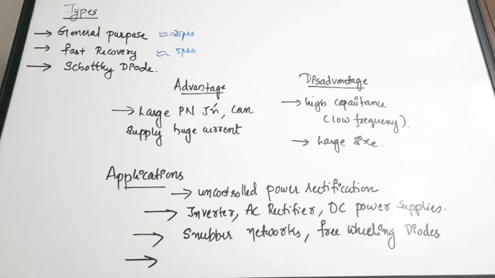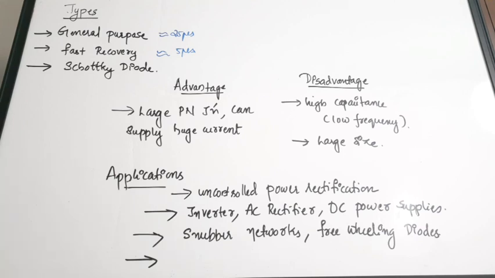So this recovery time, or the reverse recovery, is one of the important features while choosing or selecting diodes. If you are selecting a diode for a particular application, then you should look into the recovery time of that particular diode. If you want a very quick recovery, we should go for fast recovery diodes. If the recovery time doesn't really affect your application, you can go for the general purpose one. So these are the three categories of power diodes based on the recovery time.